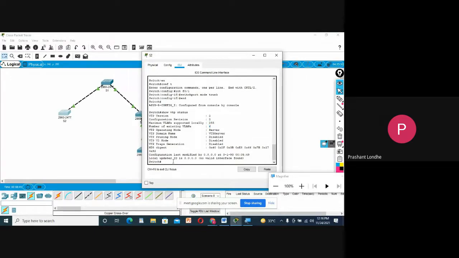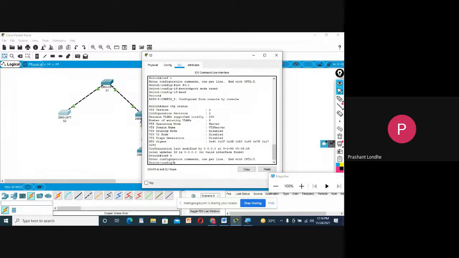Now I need to change the mode of this VTP, and also change the name of this VTP. So simply what I will do is write VTP, configuration terminal, VTP mode client.